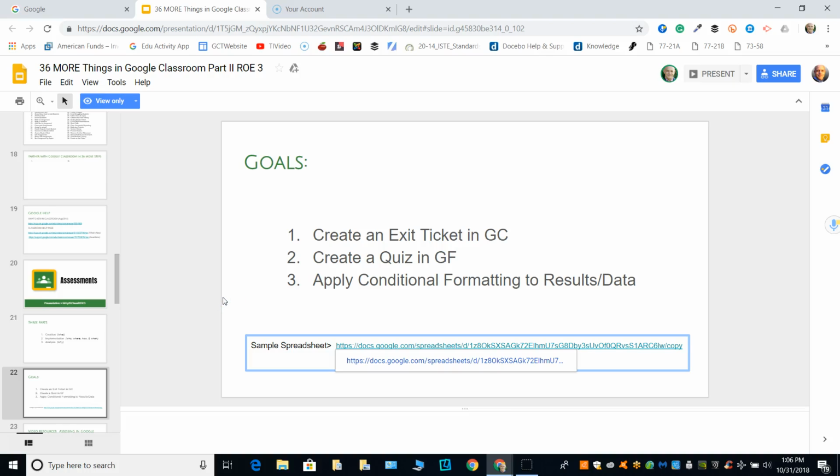All right, in this video, we are going to accomplish three things. We are going to learn how to sum, average, and apply conditional formatting to a Google spreadsheet. Now ideally in this context, it would be for a gradebook, but this is good for all kinds of data. All right, so on the presentation that you all have access to, you are going to click on